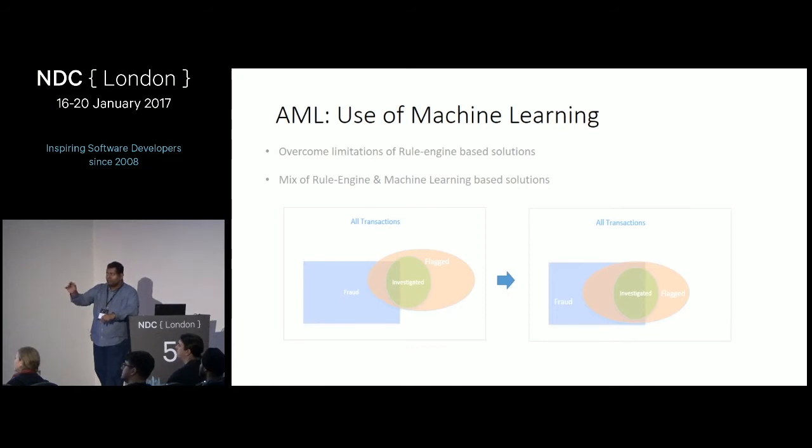On the left side, you have the most typical current state, and the right side of the picture is what we're looking to get to. If you see the universe of transactions on the left, the fraudulent activities are marked by the inner rectangle, and then the oval marks the transactions that are flagged, and the circle marks the transactions that are actually investigated by the AML case management team. As you can see, there are a lot of false positives, like those that don't intersect between the fraud and the flagged items. And the case management team, again, it's a manual effort, so they spend a lot of time trying to investigate